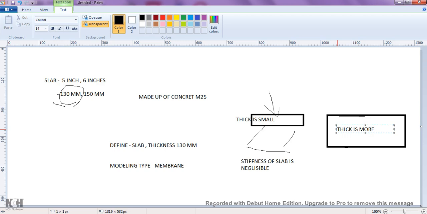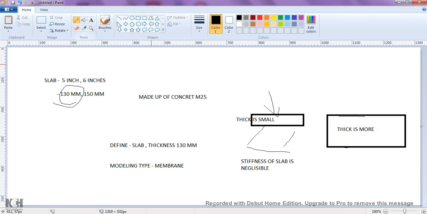The same thing applies to a normal person who is not built strong. It can be considered as membrane. If the thickness of the slab is very less, the stiffness of that slab can be neglected. That is, it cannot take that much load.